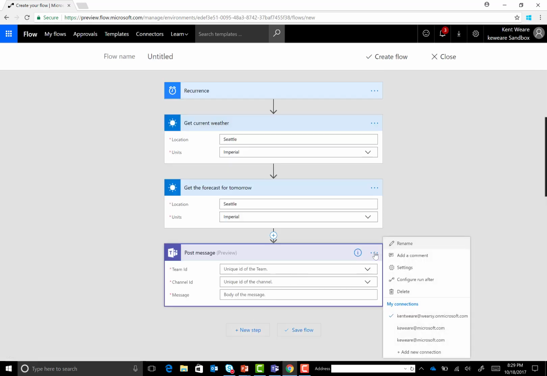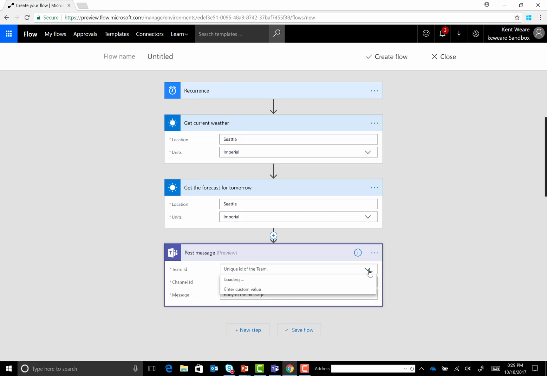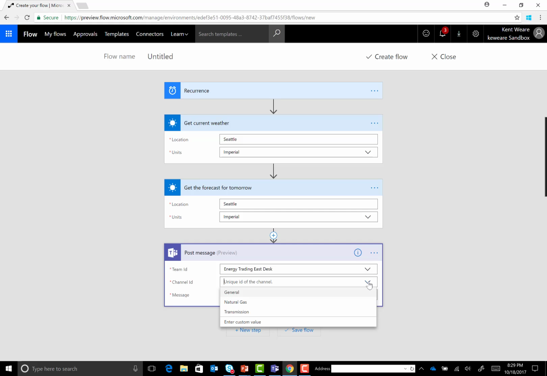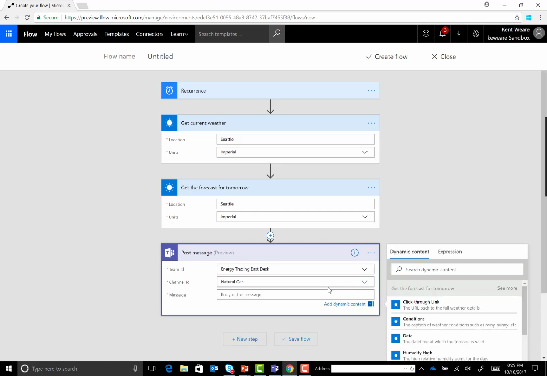Now here's where the connections come into play. Certainly I would have my Microsoft.com connections, but I also have my own tenant, which is what I want in this case. I want to use this wearzy.onmicrosoft.com. So it's going to connect in using those credentials, and it's going to see the 2 different teams that exist. So I'm going to check on Energy Trading East Desk. I can choose my channel, natural gas, and then I can construct the body